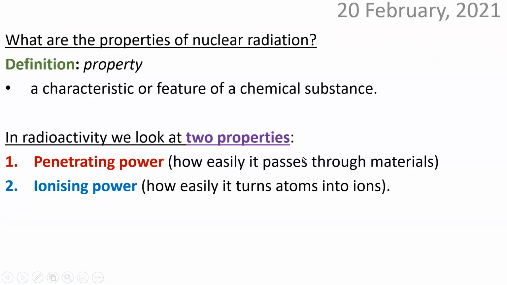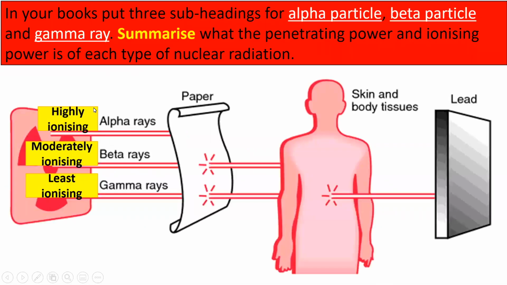So a quick look at some of the properties of nuclear radiation, just to remind ourselves. We look for 2 things in radioactivity. We've got penetrating power, so how easily it passes through materials. We've also got ionizing power, so how easily it turns atoms into ions. This is a good diagram to draw down. Sometimes, historically, these things are also known as rays, so don't panic if you see that. If you get an old document, it might say ray, but we know they're alpha